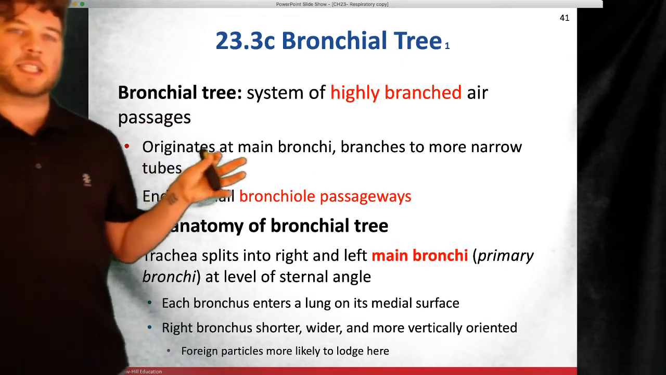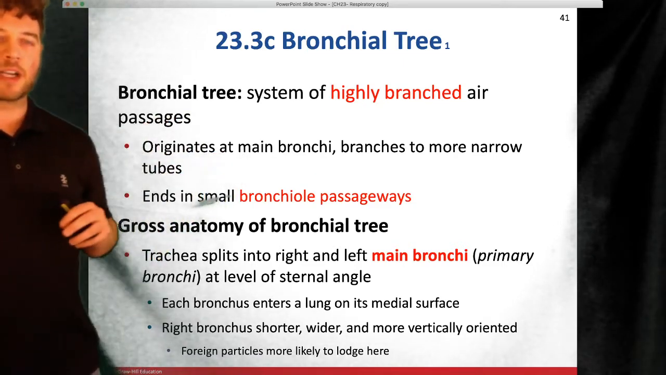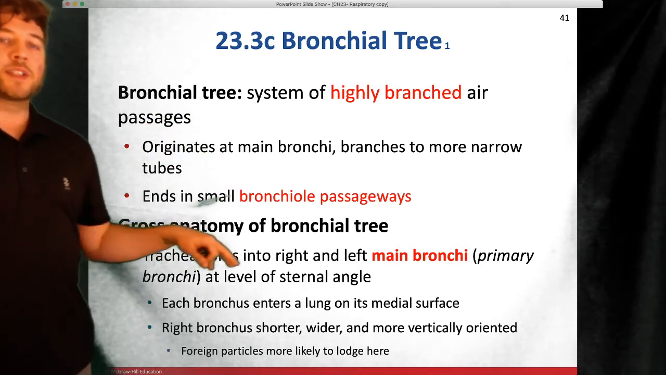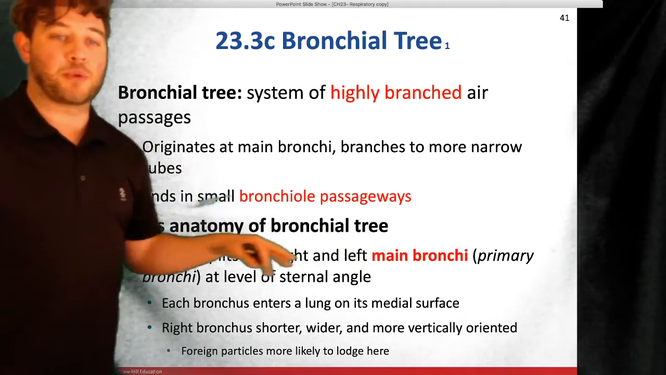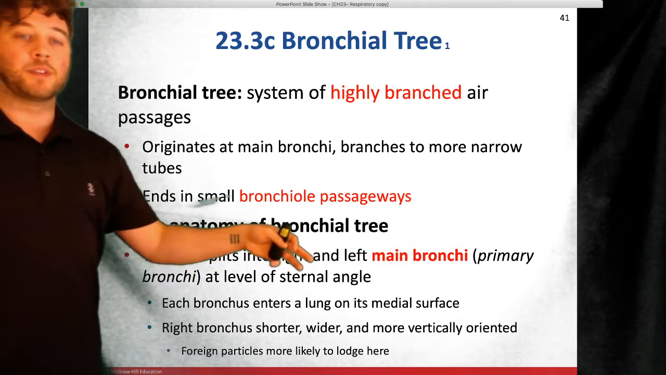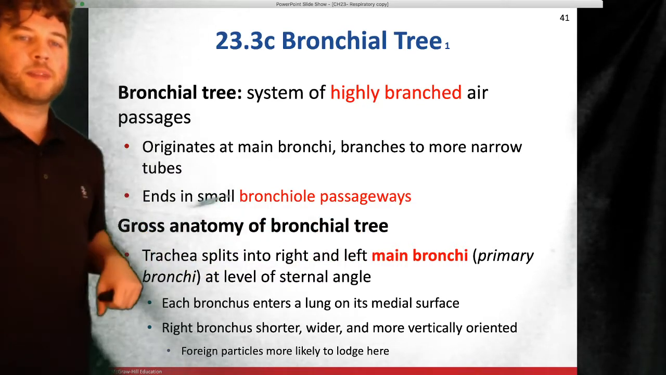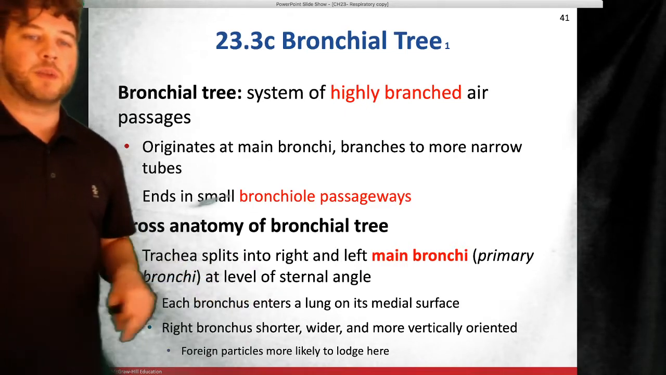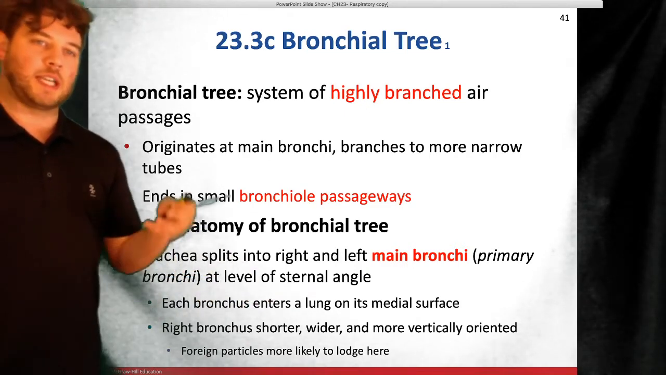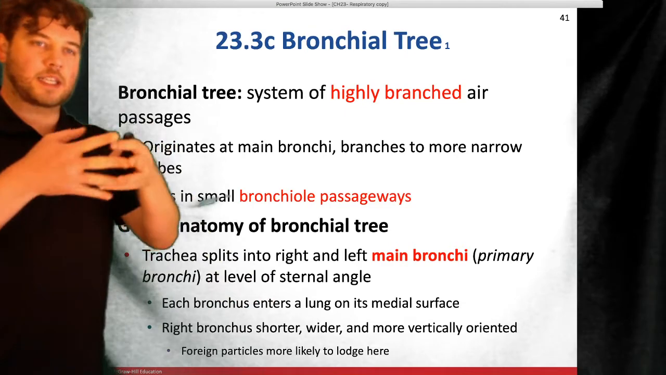They split 16 to 17 times, the bronchi do. So the trachea splits into the right and left main bronchi, your primary bronchi, at the level of the sternal angle. So right around the sternum, they start to split. Each bronchus enters a lung on its medial surface through the hilum, which is just a hole in the lung